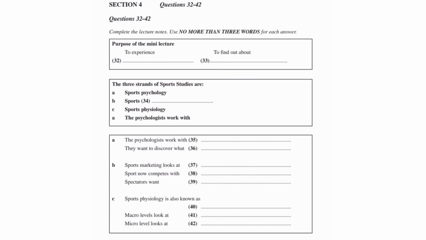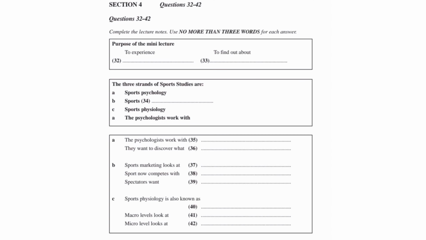Now, secondly, we've got the strand which I refer to as sports management. And this goes hand in hand with the area of sports marketing. So you might like to think of this area as having 2 branches, management and marketing. On the management side, we look at issues relating to the running of sports clubs, management of athletes, that sort of thing. But then on the other side, we've got sports marketing. And this is the side that interests me more, because here we will look at the market forces behind sport.